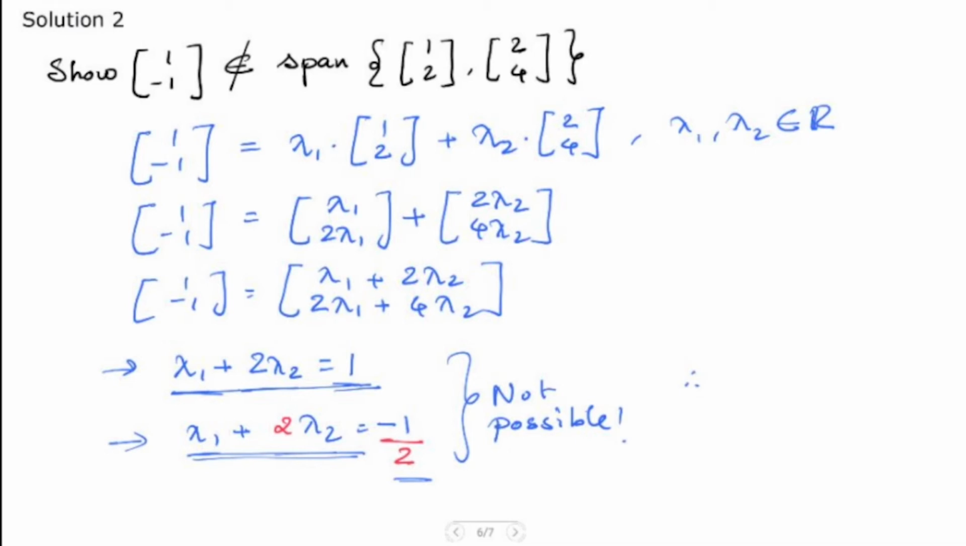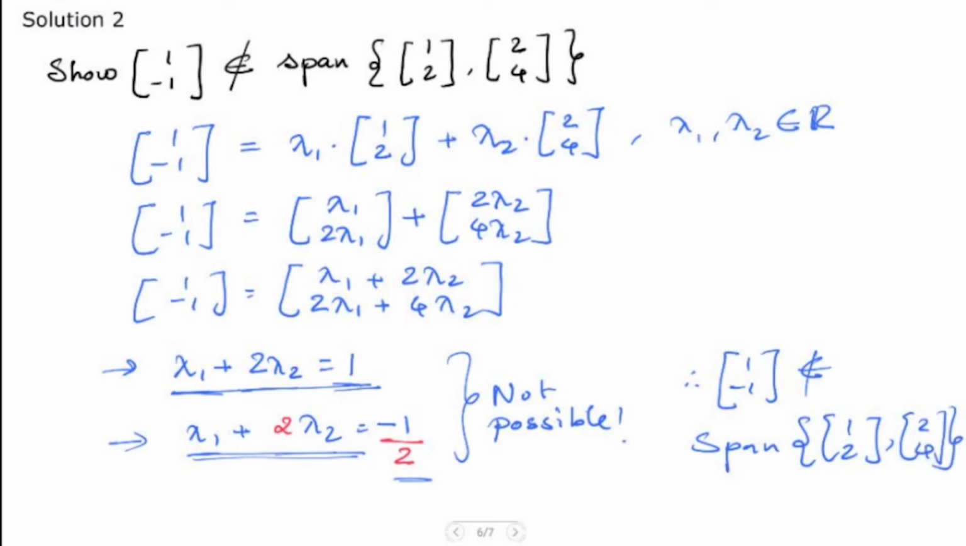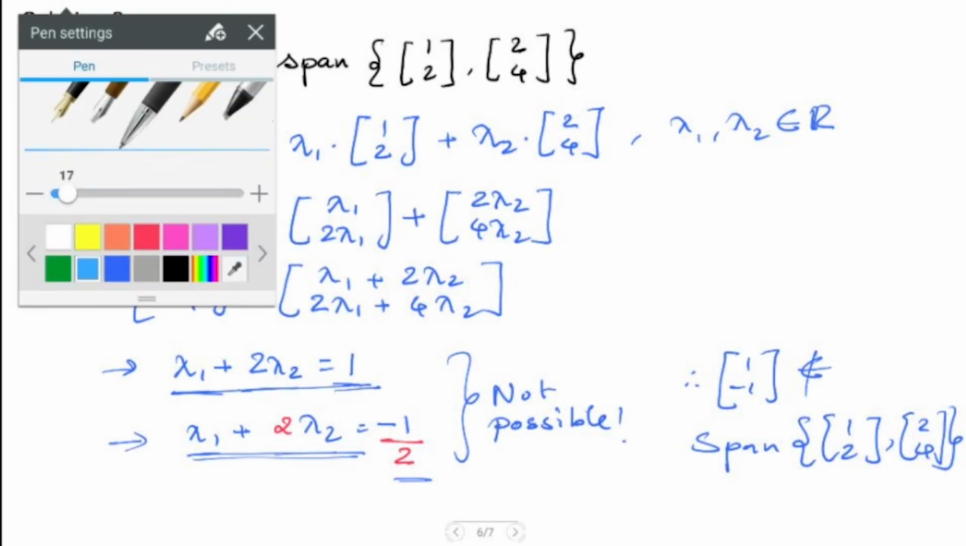Therefore, the vector (1, -1) is not an element of the span of the vectors (1, 2) and (2, 4). There is one more way that I could show you that this is not possible, but that's not how you work it out, right? So why this is not possible is